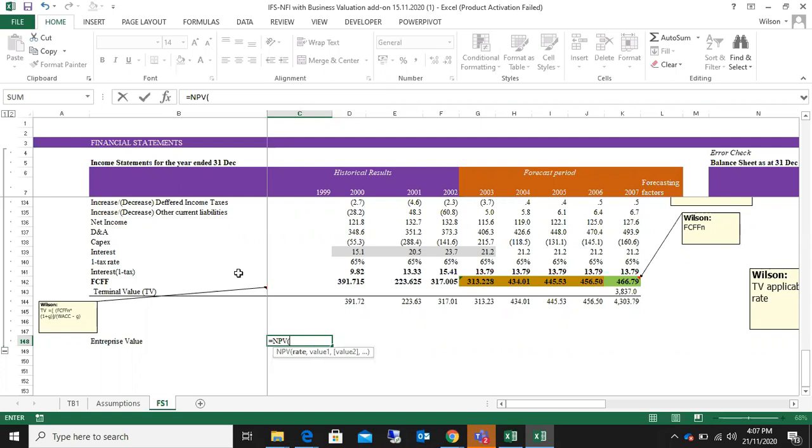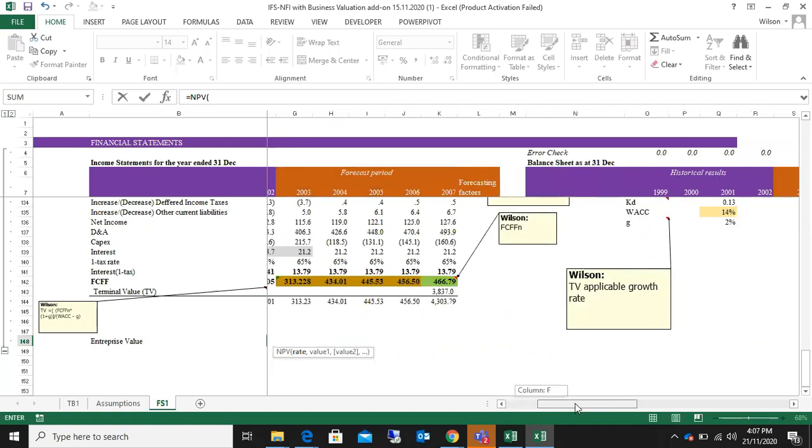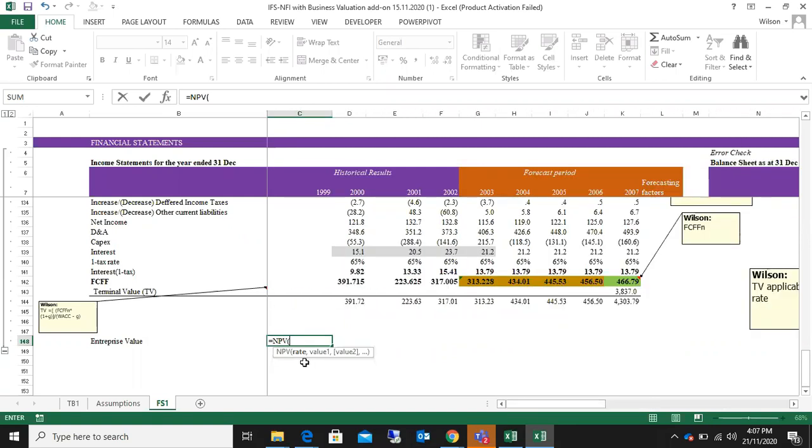So net present value of the free cash flow discounted at the weighted average cost of capital. So what you're going to do is you're going to pick, you can see there's a syntax here. So the rate here is the WACC,